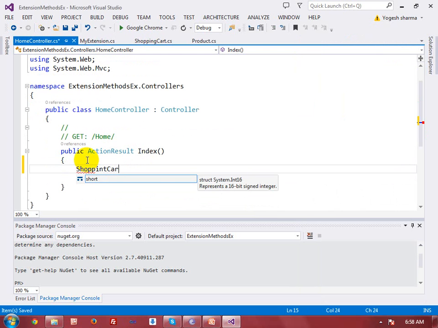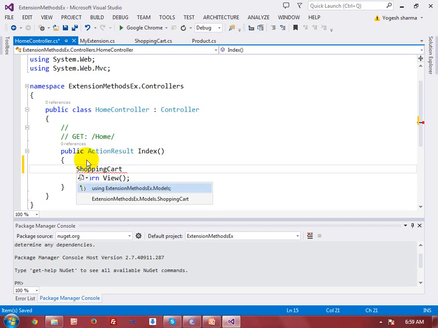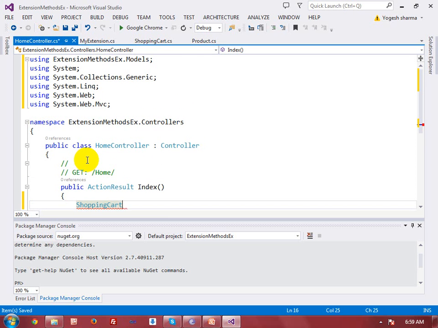So here I am not getting the ShoppingCart, so you have to press Ctrl and dot, then the model class reference will be added into the namespace area. It should be ShoppingCart, Ctrl and dot. It's a shortcut key to add a namespace. Now you can see here, using ExtensionMethod.Models, we have the ShoppingCart object, right?